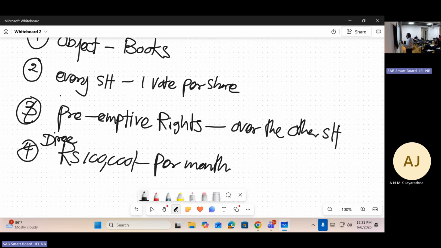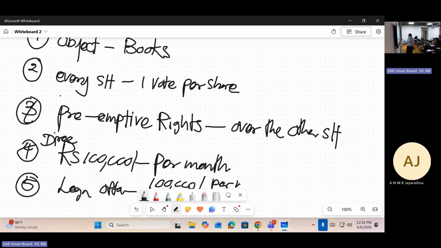The legal officer of the company is entitled to receive 100,000 rupees per month. Legal officer or accountant or whatever can be someone entitled to receive 100,000 rupees. Now, when we